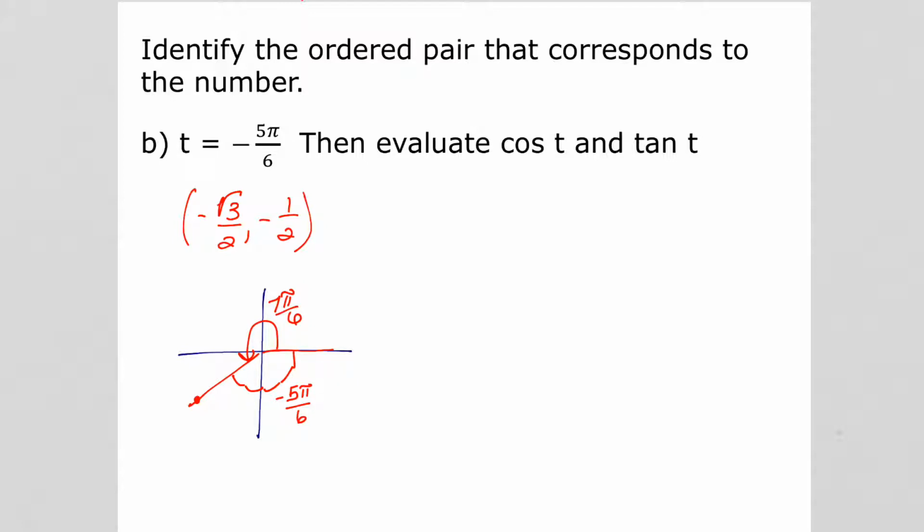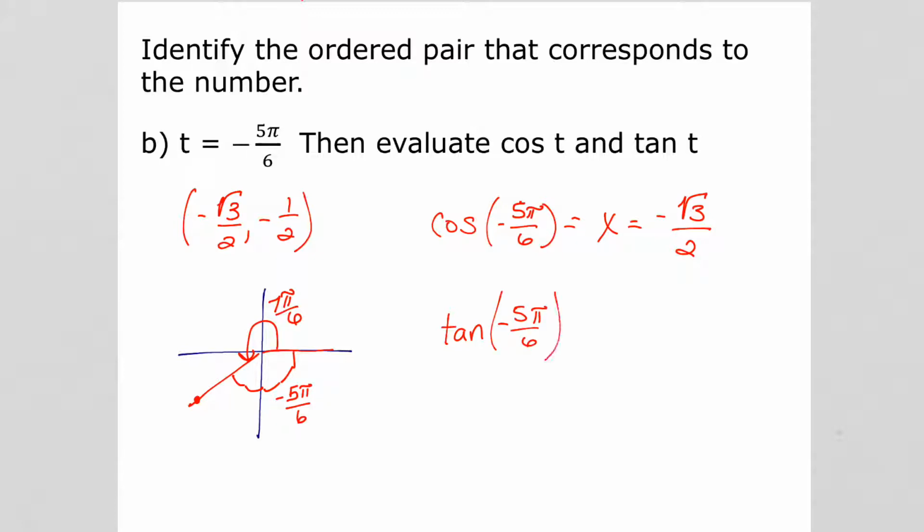So it asks us to find the cosine of t, which is negative 5 pi over 6. Cosine is your x value. So the x value is negative root 3 over 2. So the cosine of negative 5 pi over 6 is negative root 3 over 2. And the tangent of t, or let's say of negative 5 pi over 6, is,